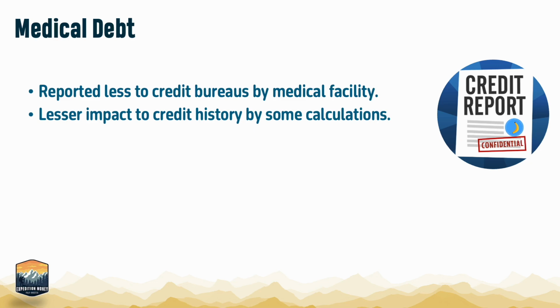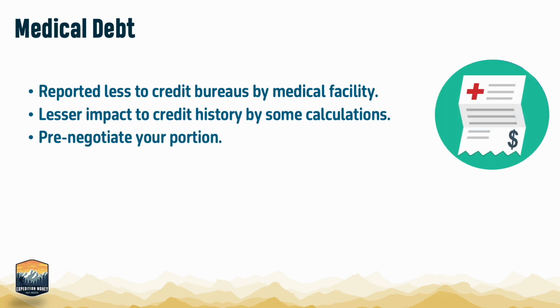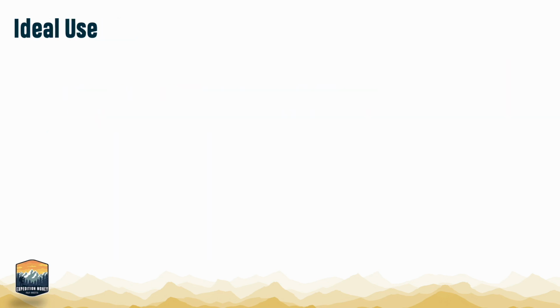Another tip is, before you get treatment, you can also negotiate what your portion will be. Some providers are willing to heavily discount your portion if insurance is going to cover a large piece of the procedure. Getting that in writing before you decide to proceed can save you a lot of time and hassle. As Benjamin Franklin said, an ounce of prevention is worth a pound of cure, and the best strategy with medical expenses is to avoid them in the first place.